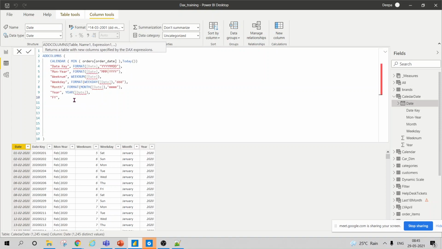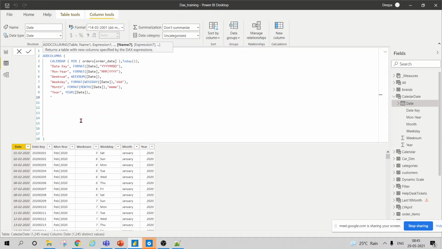Okay. So for this fiscal year, what I'll do is create a calculated column. It will check if my month number is less than 4, then write the previous year, the end of the previous year.